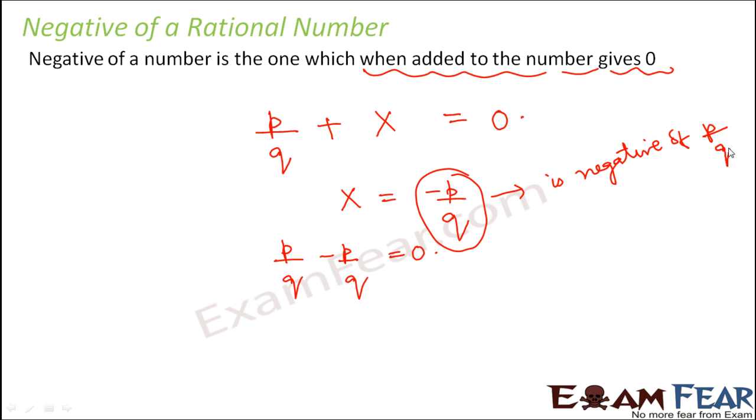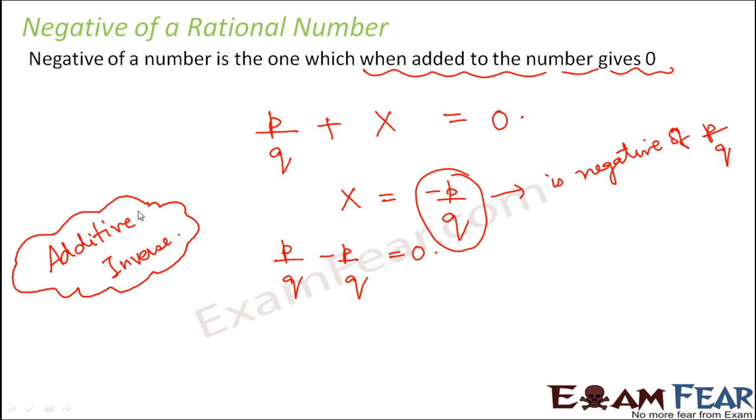So finding negative of a number is pretty simple. All you need to do is reverse the sign. And this negative of a number is also known as the additive inverse. So why is it called additive inverse? Because in this case again the signs are reversing. So plus is becoming minus, minus is becoming plus. So therefore inverse. And why additive? Because here on addition of the two numbers you get a 0. So that is why it is called additive inverse. So please remember that additive inverse is the negative and multiplicative inverse is the reciprocal.